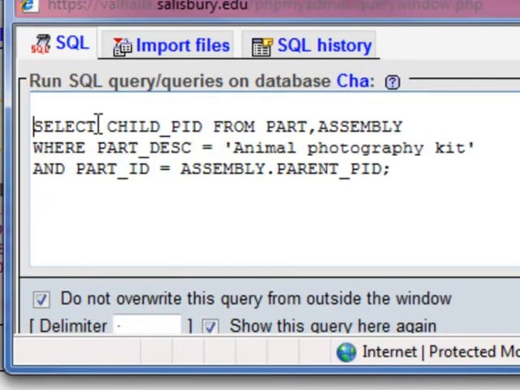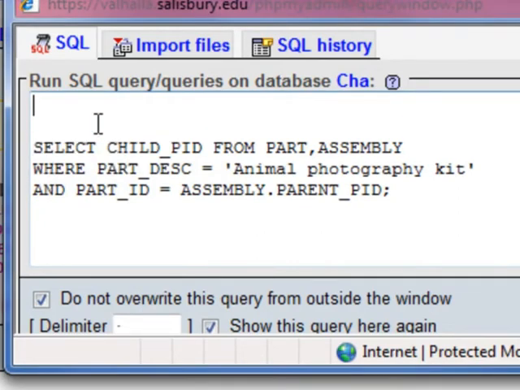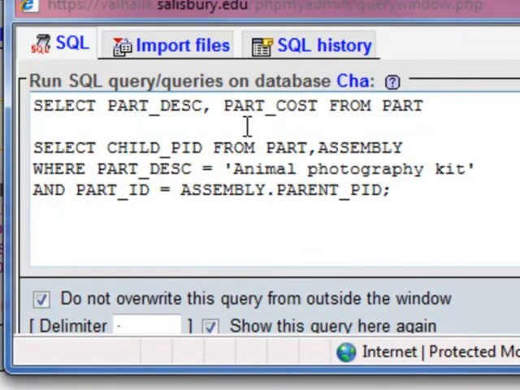Let me move down a little bit. And here another select statement: part description, part cost. Note that this part description, part cost is for what? Parent or children? Children. And from part, is this part used for children or parent? Again, it's children. And where